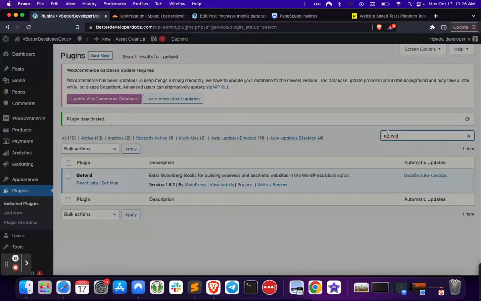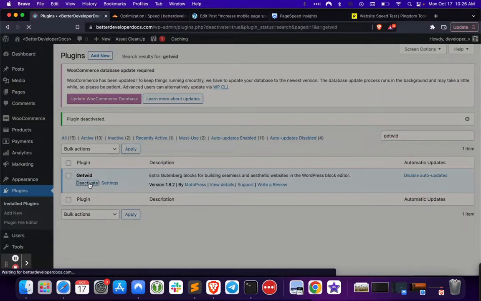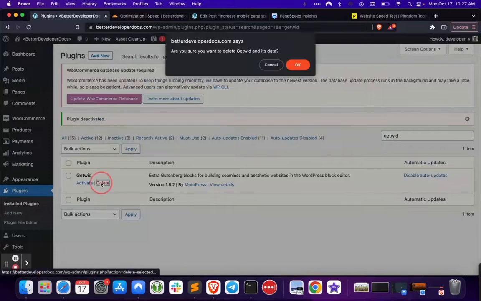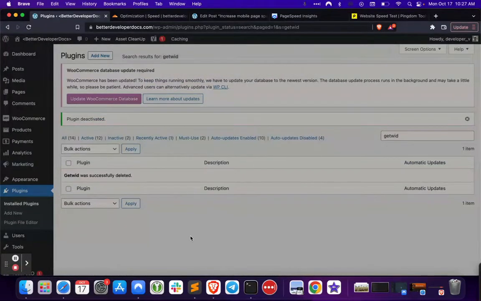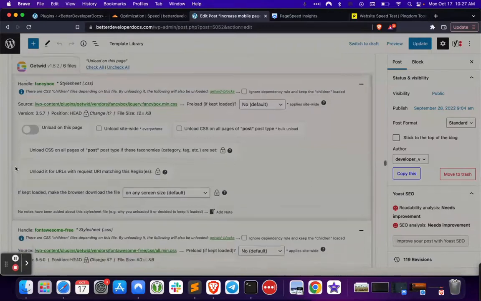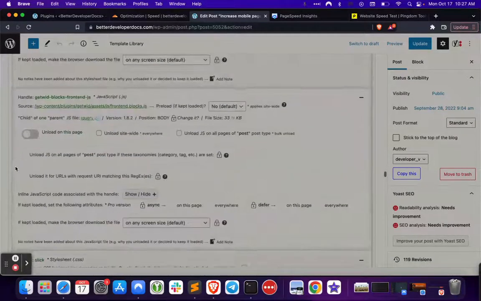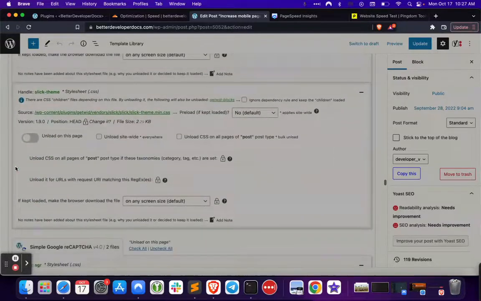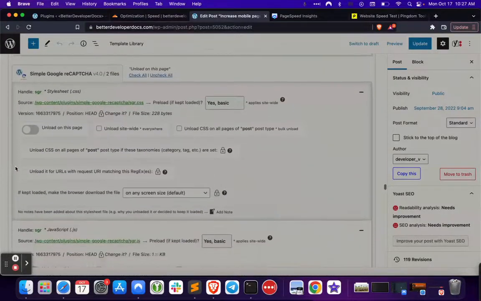You might want to keep some of these plugins that are adding requests. I'm only removing these plugins, Getwood and copy and paste, because I know I don't really need them. So the process here is removing files or removing plugins which are adding to your request count without actually